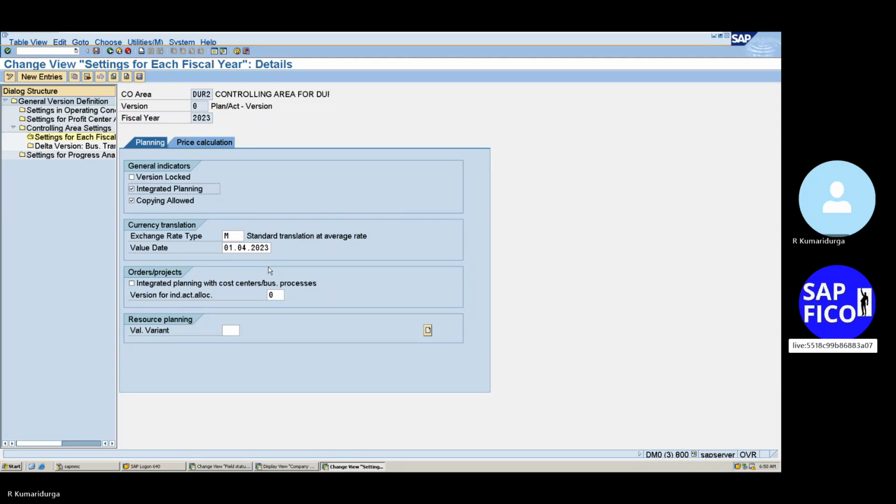Okay, so value date. What is the value date that we are going to give? 01.04.2023. Okay, no issue. Okay, versions for indicator allocations are very important. What is the version? Zero version. Okay,